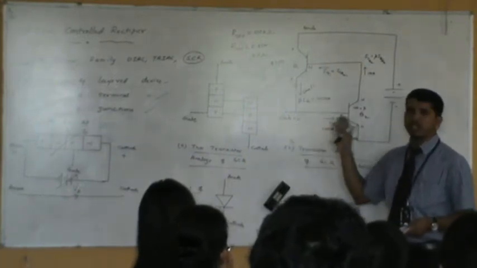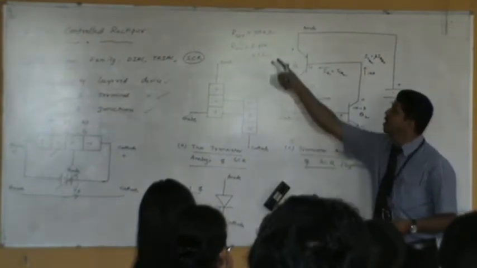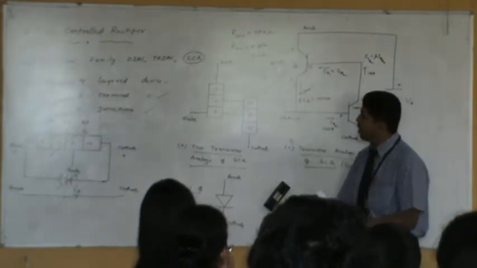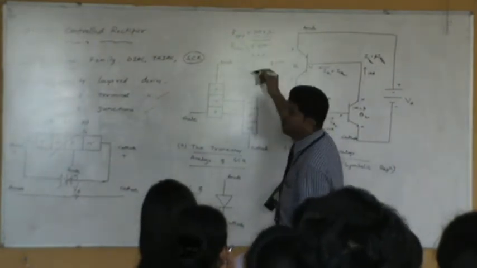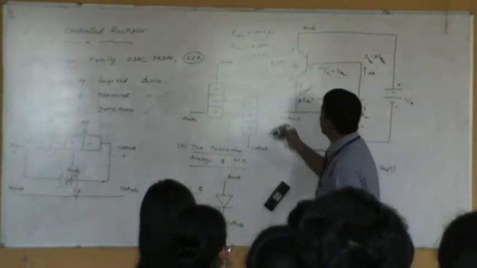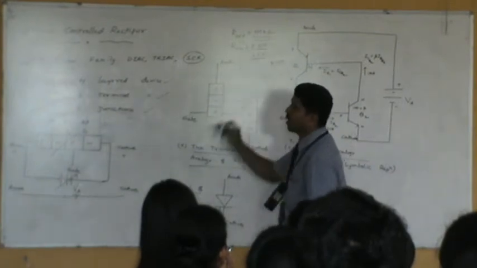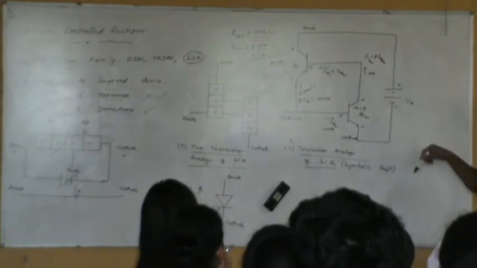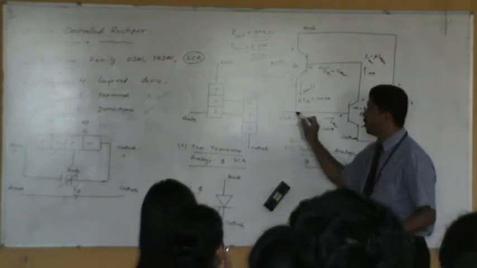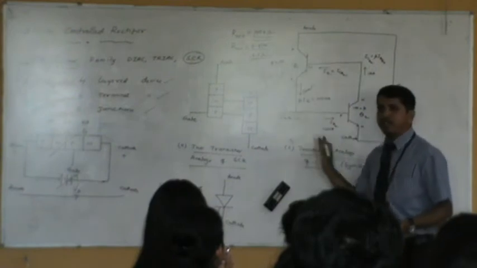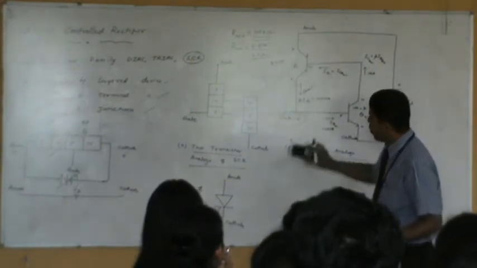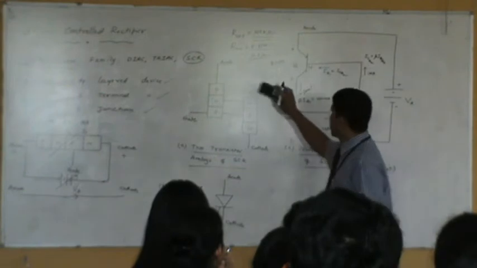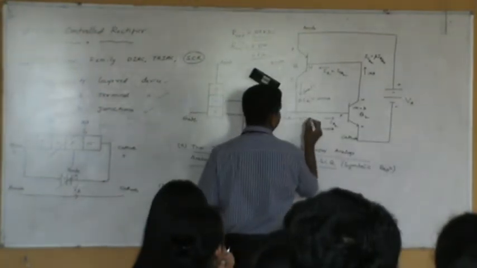If you don't apply the pulse, the device remains in the off state and the resistance is about 100 kilo ohms. That means we can make this device offer either 100 kilo ohms to the current flow, or a resistance between 0.01 ohm and 0.1 ohm between the anode and cathode. It all depends upon whether you apply a gate voltage or not. Let's assume this device has been on. I have a question for you now: if I make this voltage negative, what happens?